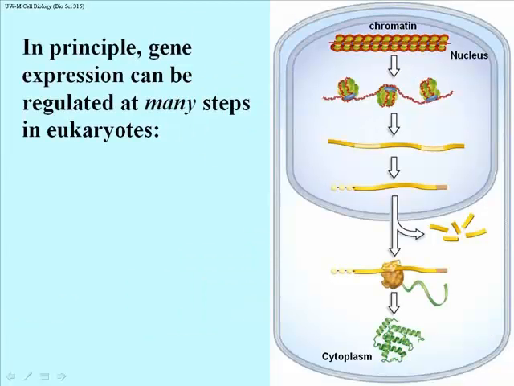I mentioned earlier that there is a complex series of events that a eukaryotic cell must go through to produce a messenger RNA. And at every step of the way, you can have some aspect of gene regulation. Chromatin remodeling, going from heterochromatin to euchromatin, involves a number of discrete chemical steps, and if you could control those steps, for example, control the acetylation or phosphorylation of histones, you could control whether genes are active or inactive in the vicinity of those histones.